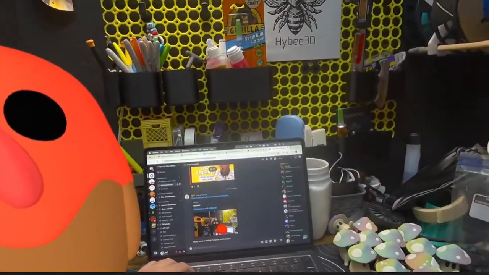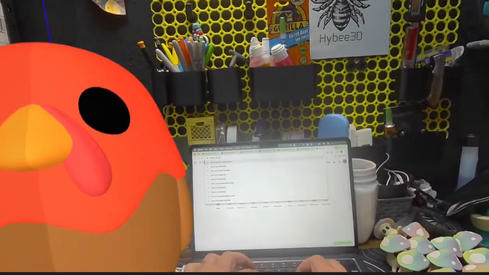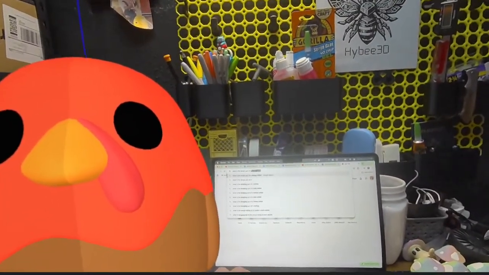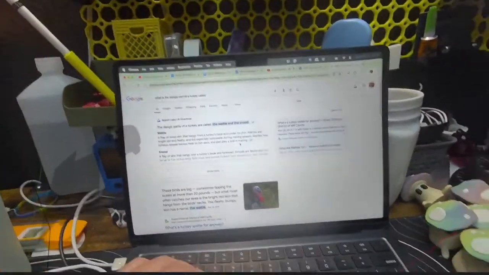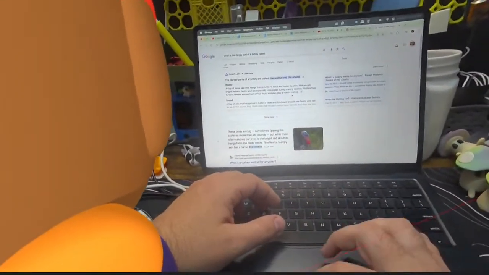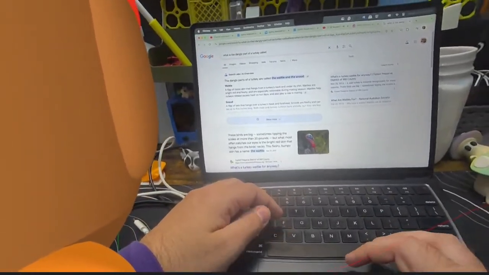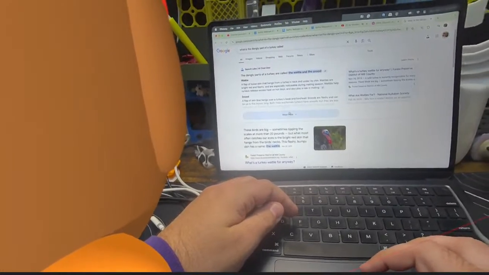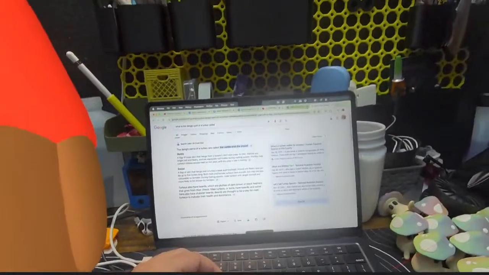Let's see. What is the dangly part of a turkey called? The wattle and the snood. The wattle is a flap of loose skin that hangs from the turkey's neck on its chin, and the snood is a skin that hangs over a turkey's beak and forehead. Oh yes.